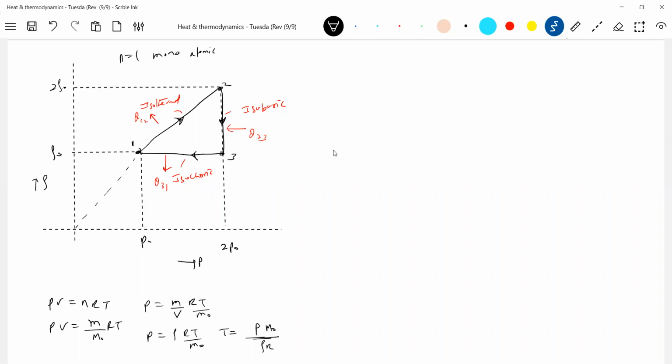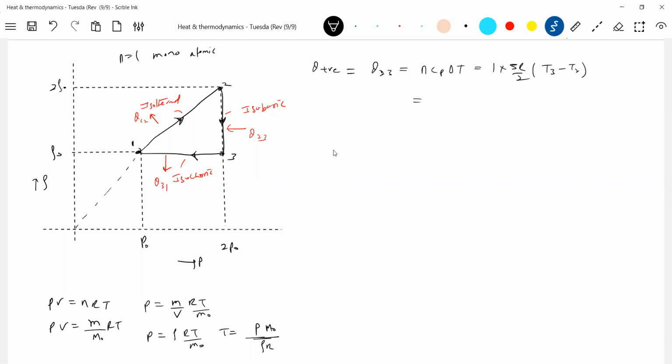Take help of this. Okay, now, sir, area under density versus pressure graph is work done? No, only in the PV graph it is work done. So what is the best alternative rather than fighting with the formula for work done? Take help of the efficiency formula, Q positive by Q negative. First we'll calculate Q positive, where heat is absorbed only in process 2, Q23. You know in an isobaric process, what is Q23 like? n Cp delta T. Number of moles 1, Cp for a monoatomic gas is 5R by 2, T3 minus T2.